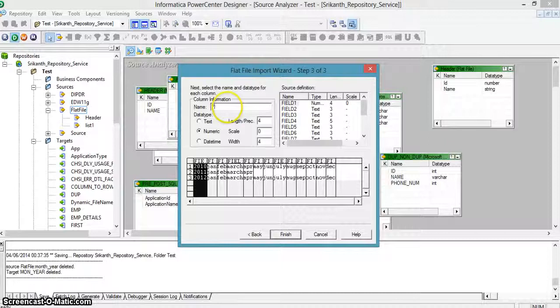So it is year. For this, M1, then I am giving M2, M3.